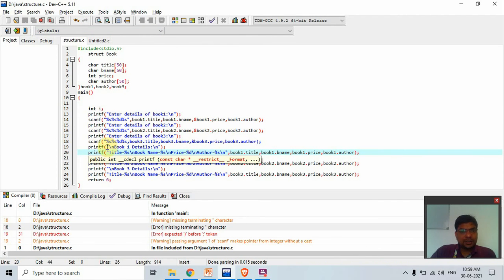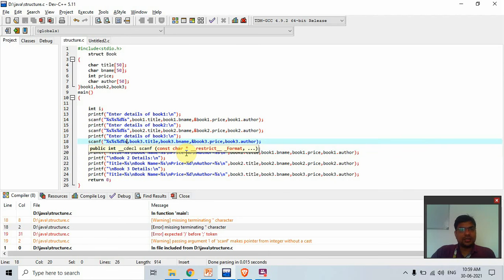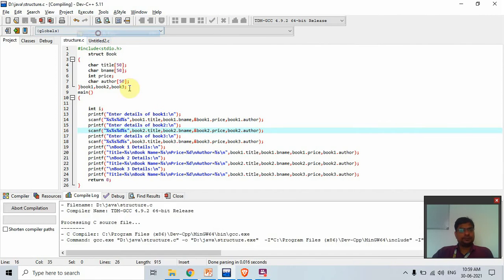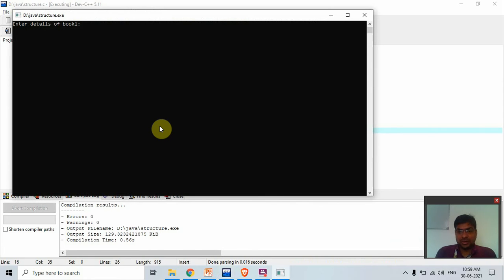There is some problem, so I found it. It is the problem of double quotes. Okay, now I recompile this. Now it is executed. But here is one problem in C. In scanf, we only read strings without spaces. If you insert a space into the string, it is counted as a second variable. Like we write programming, we write C. If I give any space between these, it is counted as a second variable read.